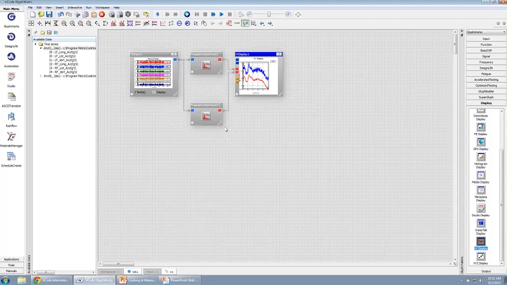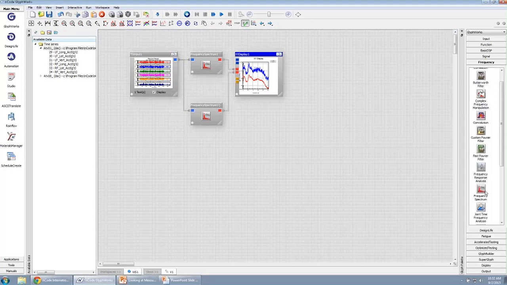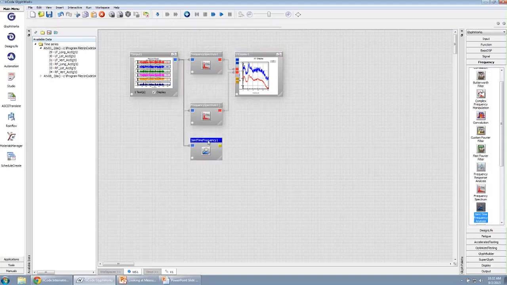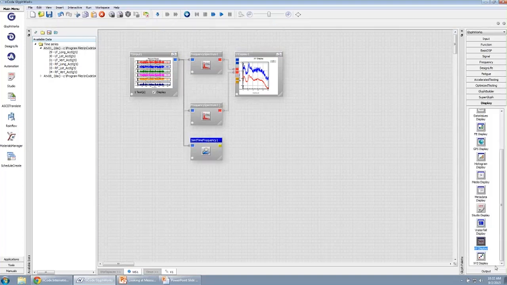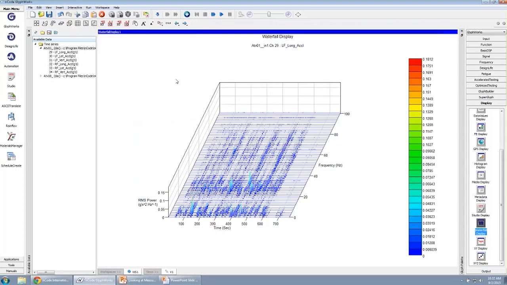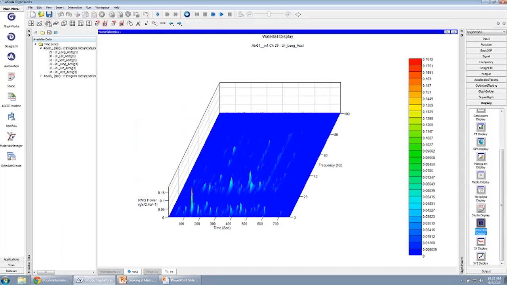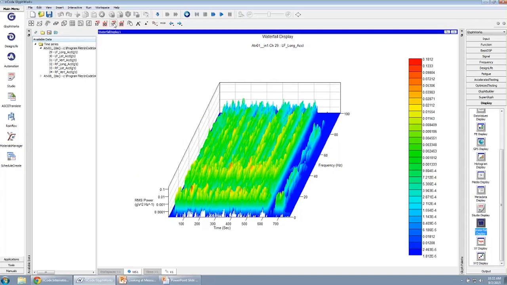Let me show you one last one, and that is looking at a joint time frequency analysis. This is underneath the frequency glyph palette. What I can do here is look at my frequency content three-dimensionally. Let's grab a plot that will show my data three-dimensionally. We'll rerun it, and let's maximize this. If we look at something like a carpet plot, and we do a log scale on the z-axis,